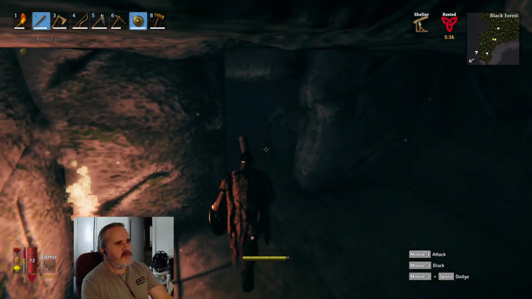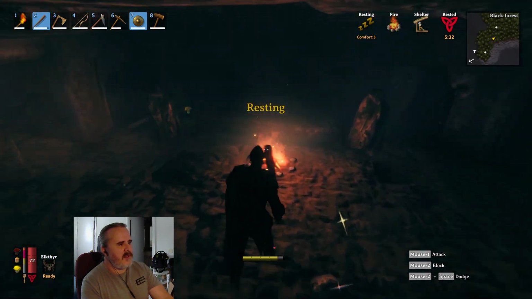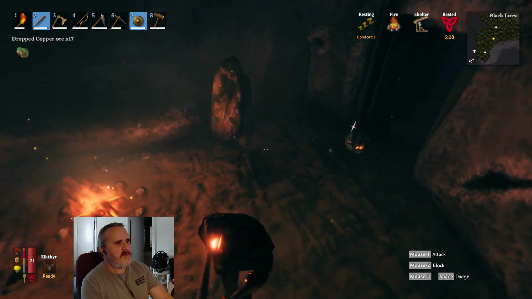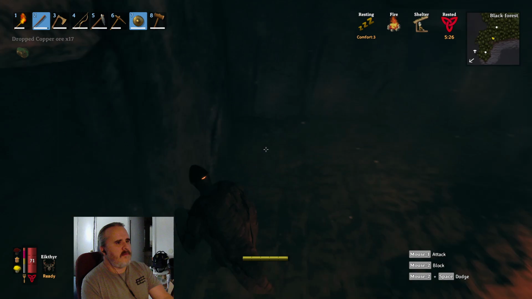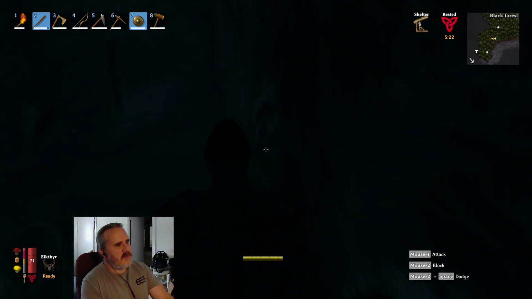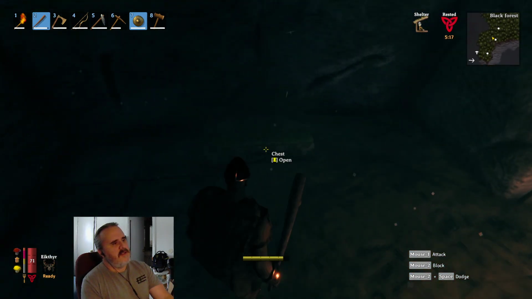I'll go back real fast. Should have wood on the Barbie. I do. And copper, I will come back for you. There. Back to where I was. But yeah, I made the mistake of coming in here a little bit overweighted. So anyway,